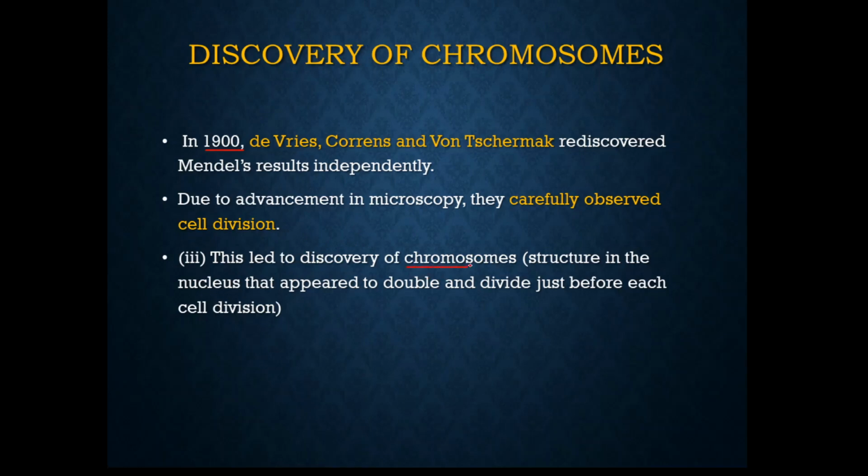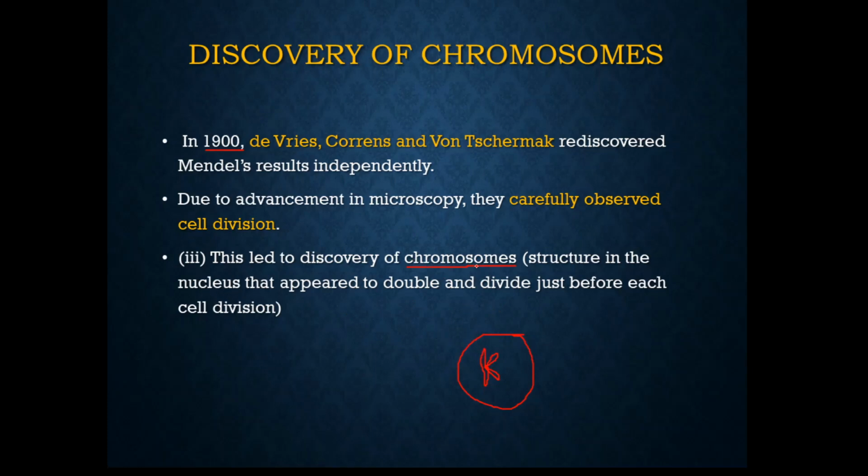As for the chromosomes, we know that they are the colored bodies. Under the microscope, they saw something which is called colored bodies. They are thread-like structures, and they are getting doubled before the cell division. Chromo means color, some means body. So colored bodies observed under the microscope were named chromosomes. So chromosomes were already identified by then.